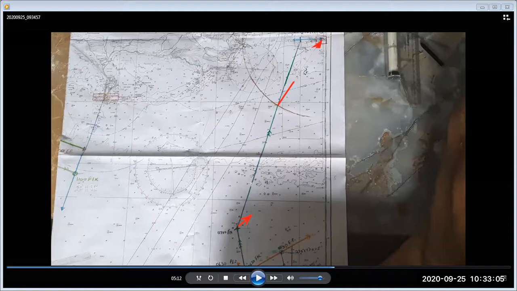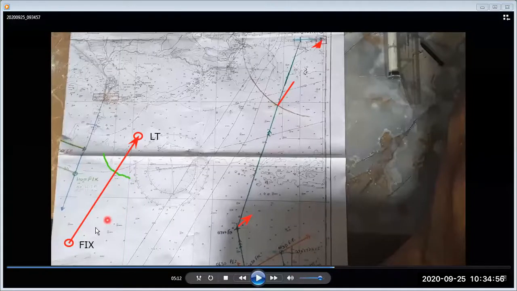So let's see this example. We have a light here and we have the initial fix here, and we have to sight this light right ahead. If we steer on the course which is heading directly to the bearing of the light, and there is no current and wind, we will sight this light right ahead when we reach the luminous range, or whenever the range of light at which we can see the light, at that point we will see the light right ahead.